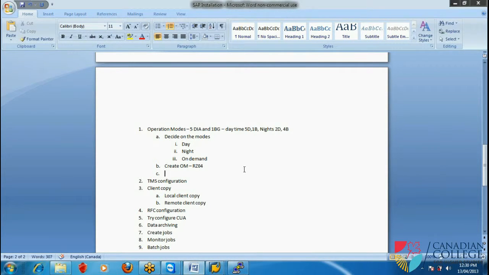Then assign time allocation, right? So what is the command to assign time allocation? SM63. In case you wanted to switch,